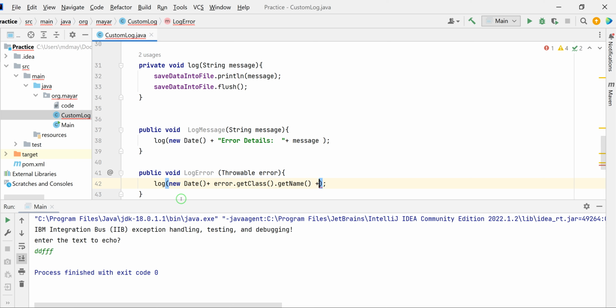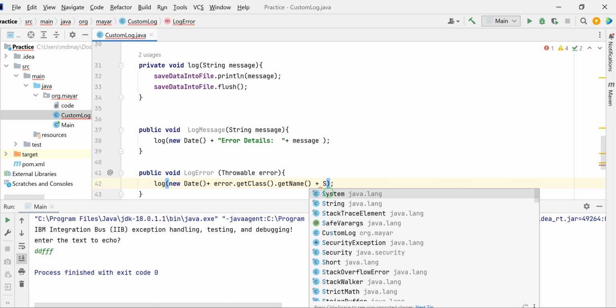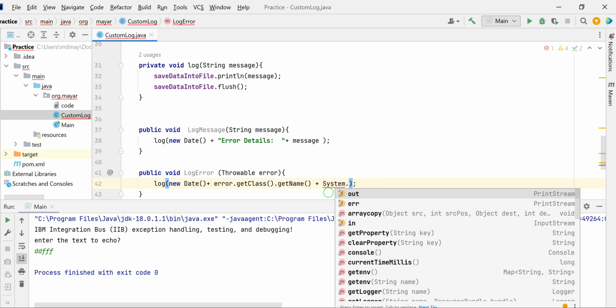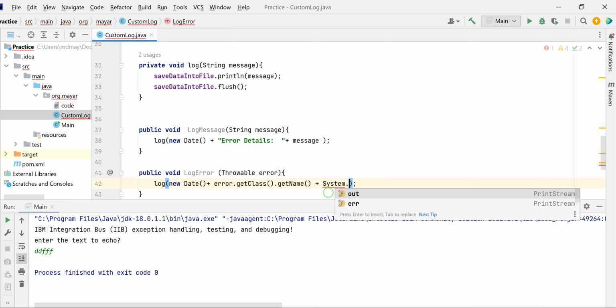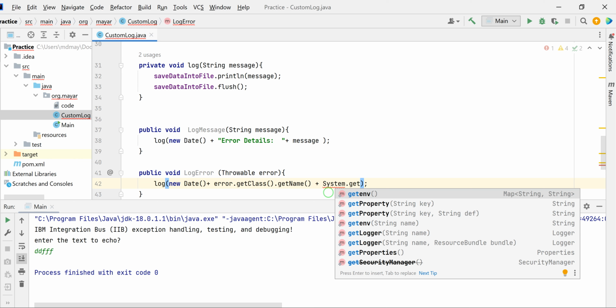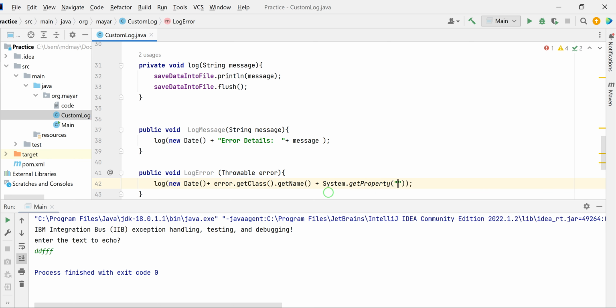This information comes from the system, that's why you could also call System and get, for example, a line separator. Let's say I want to concatenate, you call System.getProperty. I'm going to get the line separator,